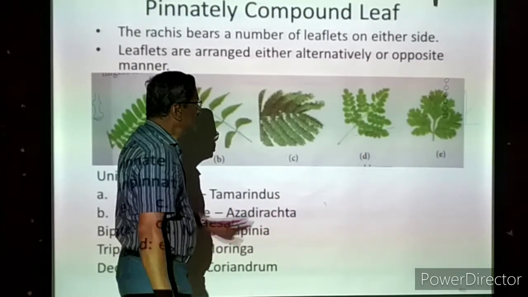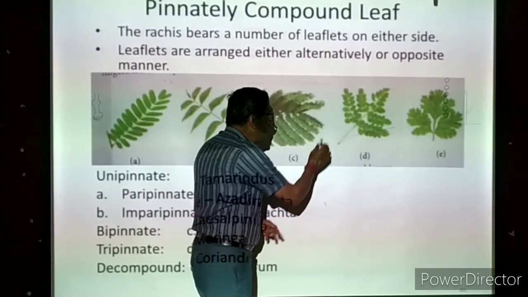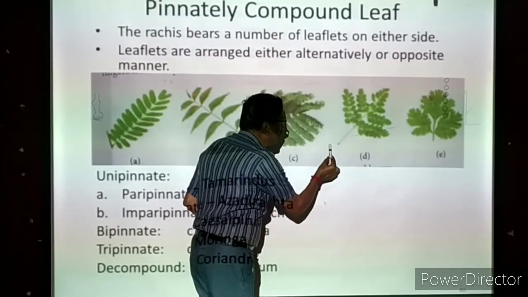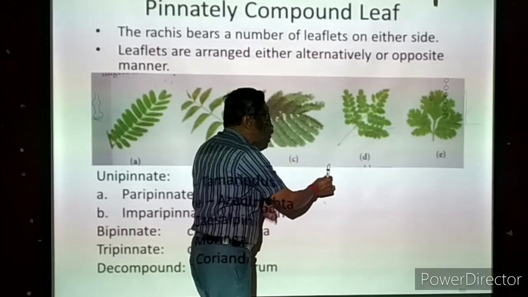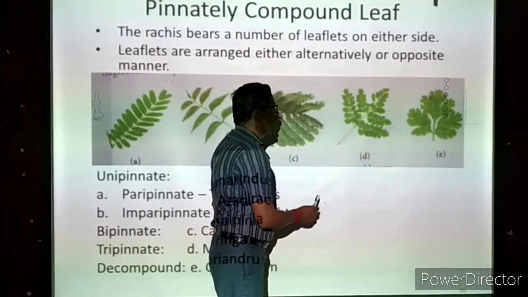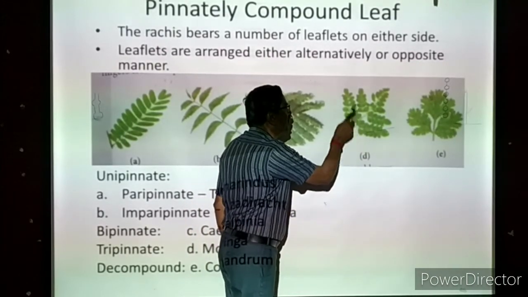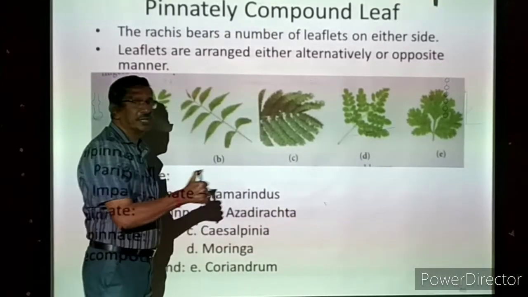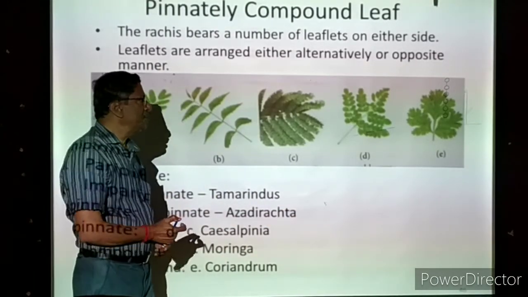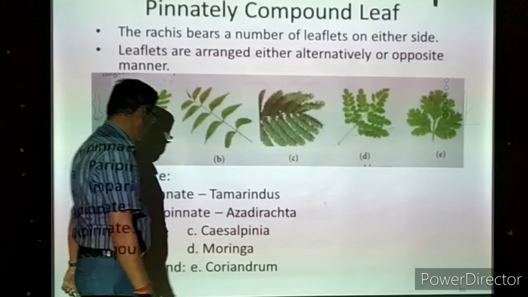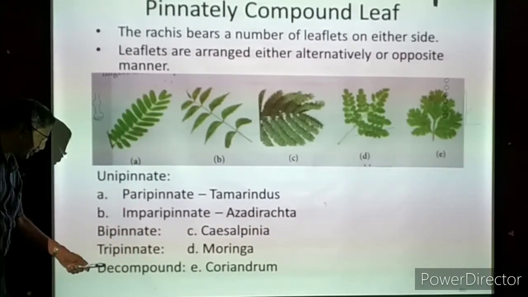It is a tertiary. So petiole is there. It is having one main rachis. The main rachis is called the primary. Only one primary. Then it is having branches called secondary. Secondary is further divided into a number of branches called the tertiary branches. Over the tertiary branches, leaflets are arranged. Then we are coming to the last one.